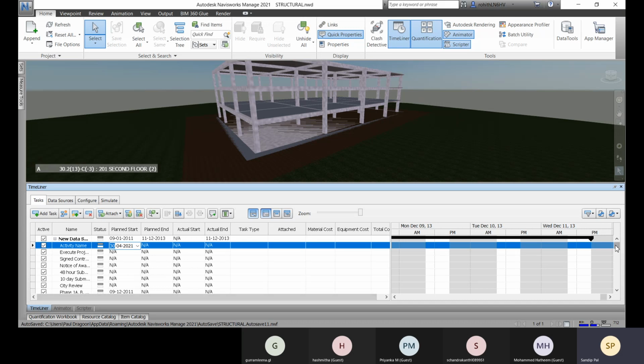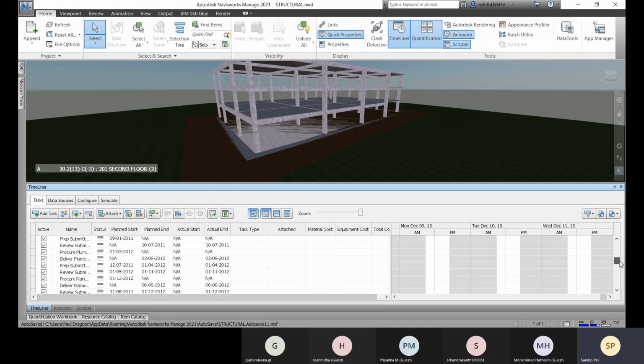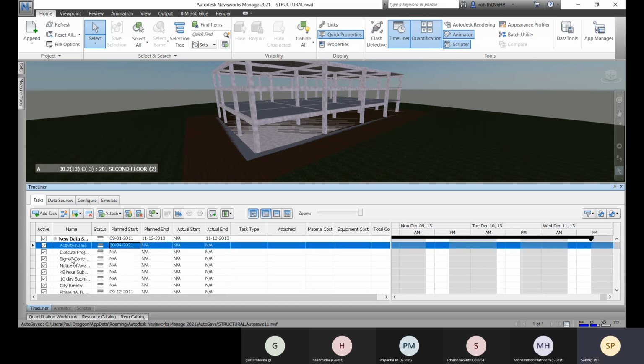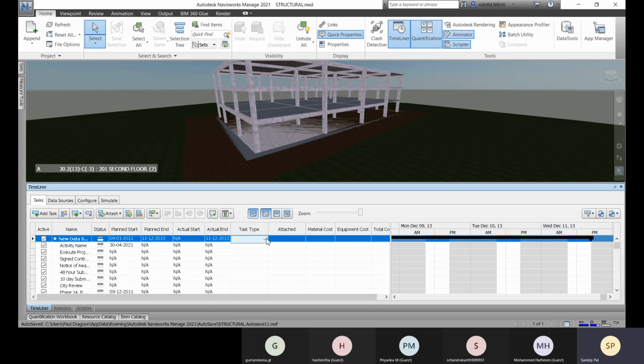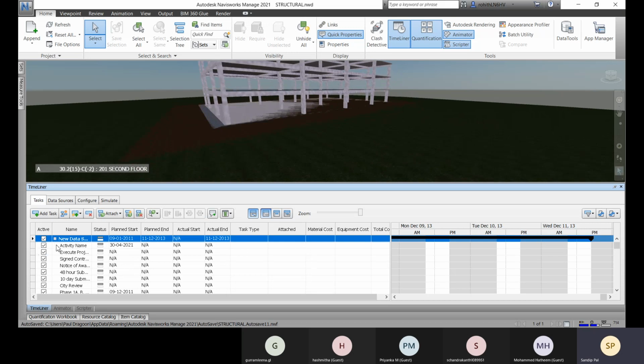So we are missing those. So we just have to refill those dates. And as per it, we will define the task type and we will attach the components as per this task. Okay, and we will have our simulation.